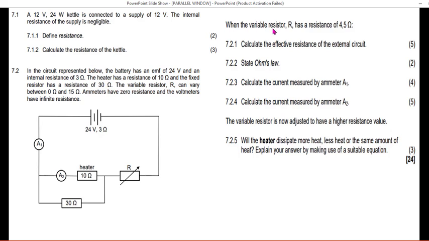When the variable resistor R has a resistance of 4.5 ohms, remember this one is variable, it can be set between 0 and 15, and now they are saying that it is set to a value of 4.5,